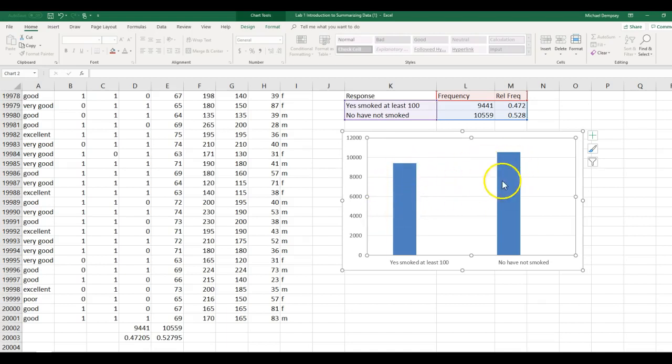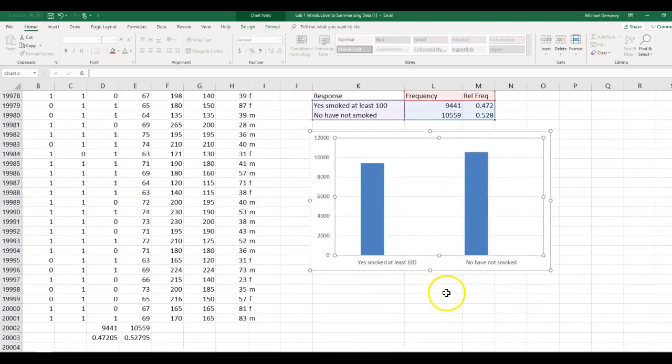They're a little bit closer than we might think. Okay? And suppose instead of having frequencies on here, I wanted relative frequencies. That's a little bit more valuable statistic that I can see, 47% to roughly 53%, right? So